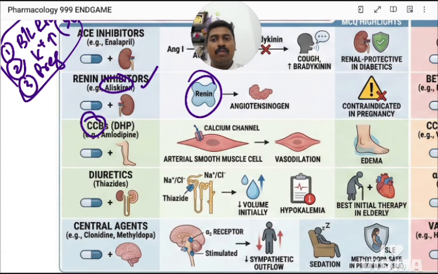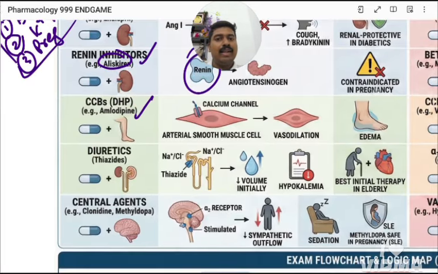Third is calcium channel blocker. There are two types of calcium channel blockers: DHP, dihydropyridines, and non-dihydropyridines. Non-dihydropyridines like diltiazem and verapamil, we saw under anti-arrhythmic drugs. Here we have DHPs. Prototype drug is amlodipine. We have others: nifedipine, nicardipine, cilnidipine. What they do is, in arteriolar smooth muscle, it causes calcium channel blockage,